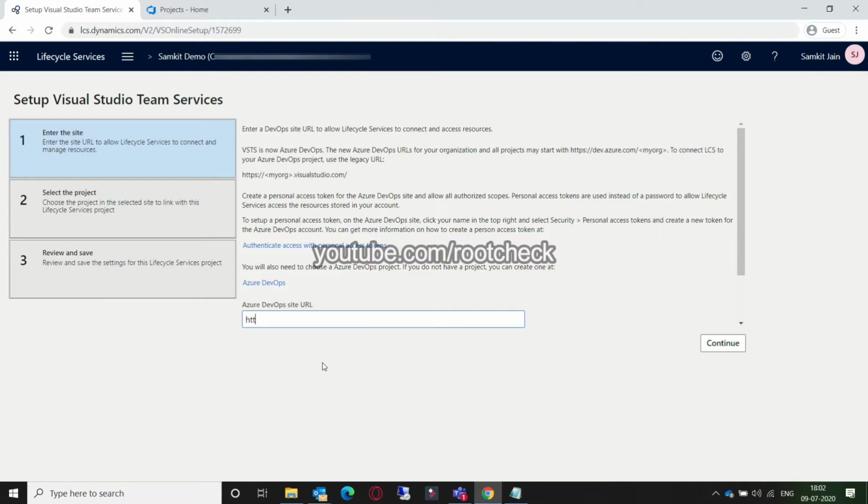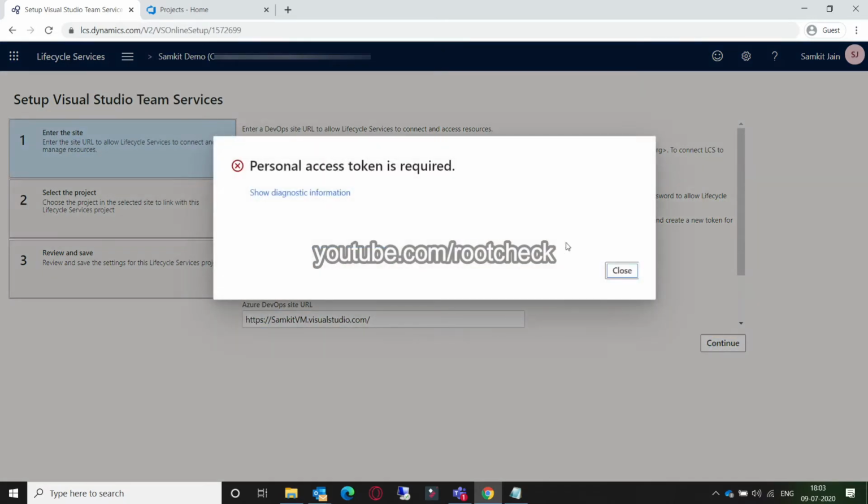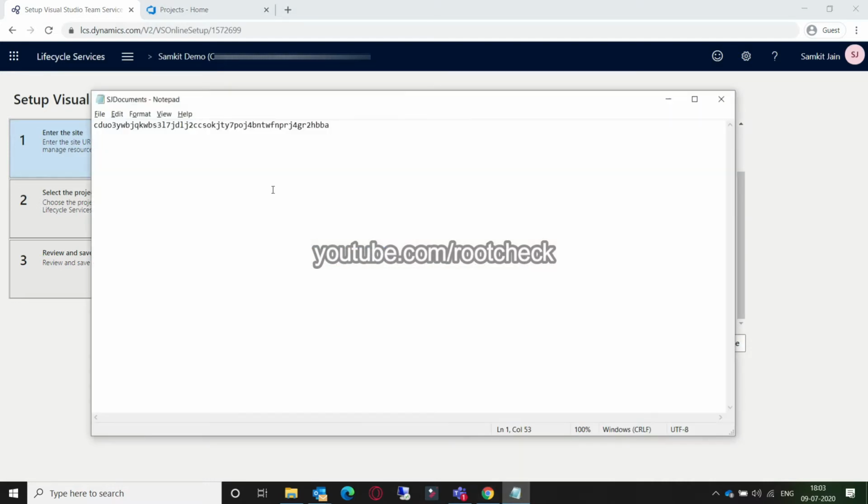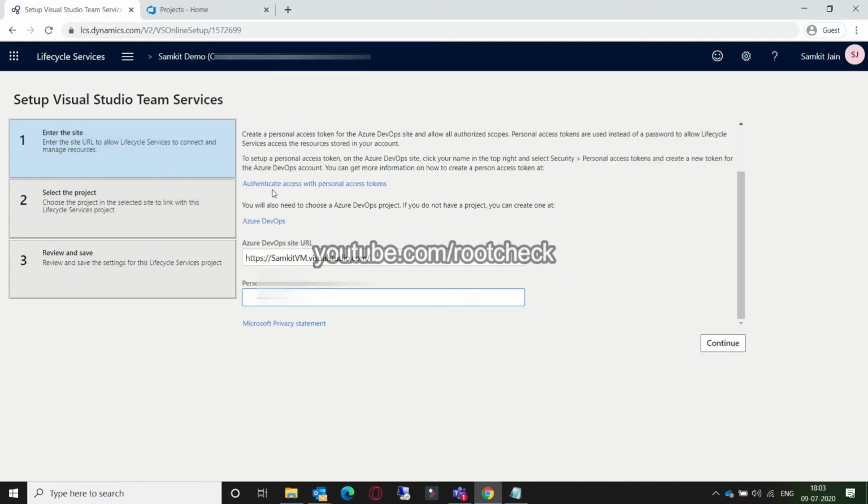So we need to create a link same as that provided in the Azure DevOps URL. You can use Notepad to create the link, or otherwise you can just remember it and try to replicate the same with the link mentioned there. And after providing this URL, just scroll down, don't click on that continue button, as it says you need a personal token for that also. So provide the personal token which we have created in the previous step. So after clicking on that, click on that continue button.